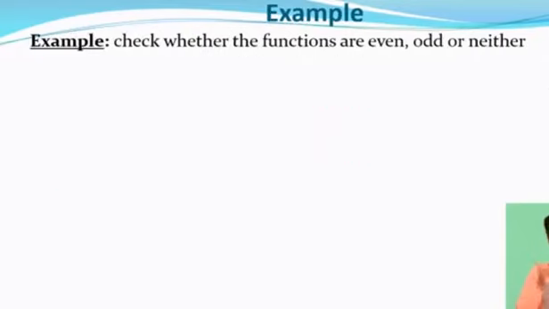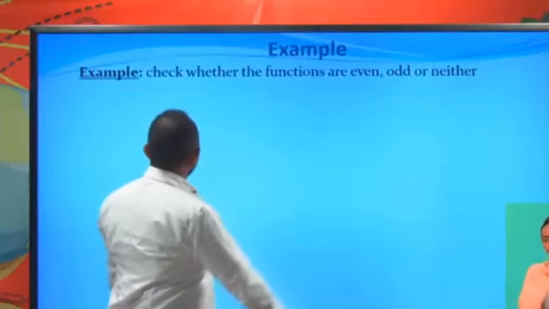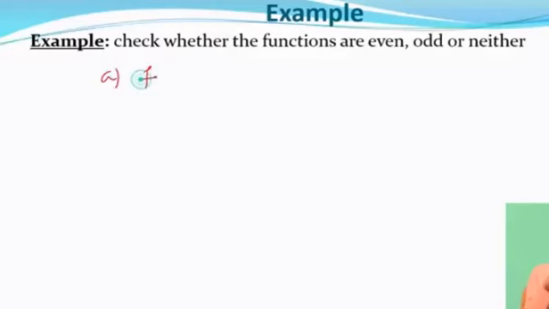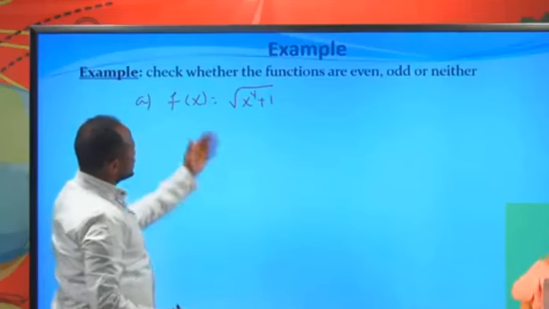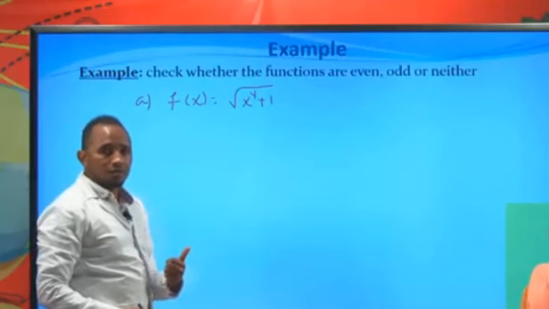Now let's see an example. Check whether the following functions are even, odd, or neither. So let's take this one, A. Take the function f of x to be equal to the square root of x to the power of 4 plus 1. Is this function even or neither? To check this,